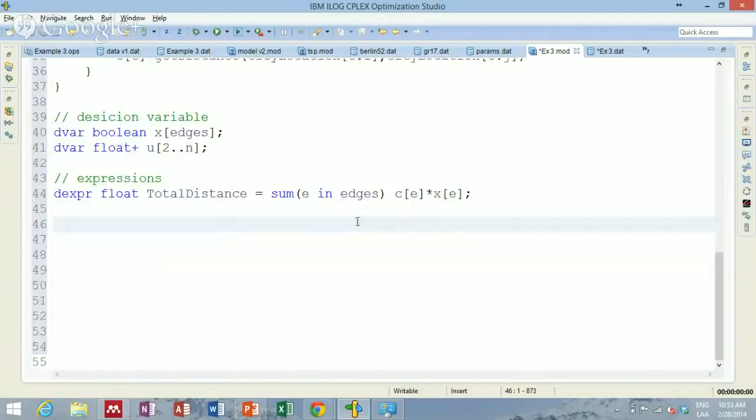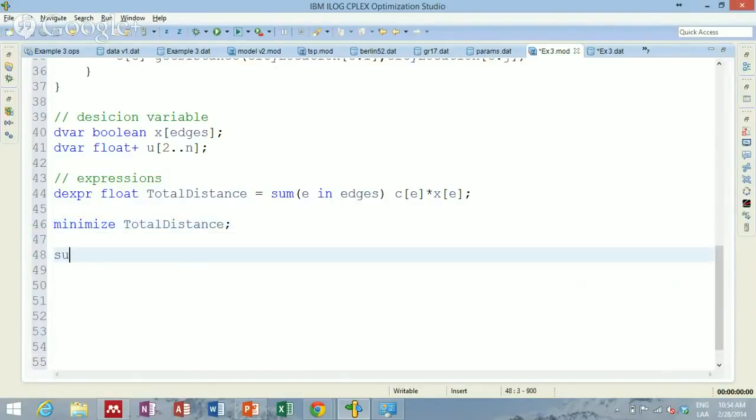This is exactly as writing here the double summation over i's and j's, but this is just shorter to write. Right, so the problem would be minimize total distance subject to